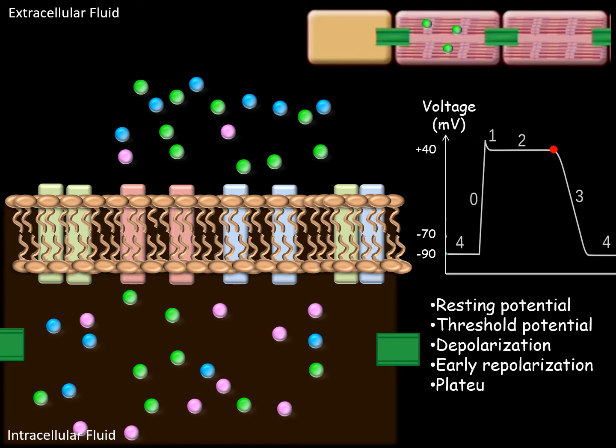Now you can see a lot of potassium ions are outside the cell, the myocyte, and a lot of sodium and calcium ions are inside the cell. If you remember the initial stage of action potential, sodium and calcium have to be out, potassium has to be in. But right now it's exactly the reverse state. And we have to come back to the original state to start the next action potential.